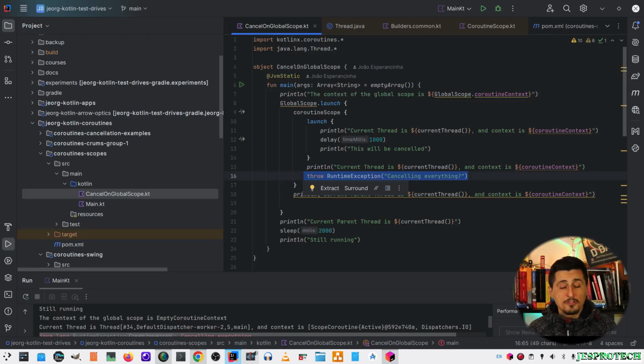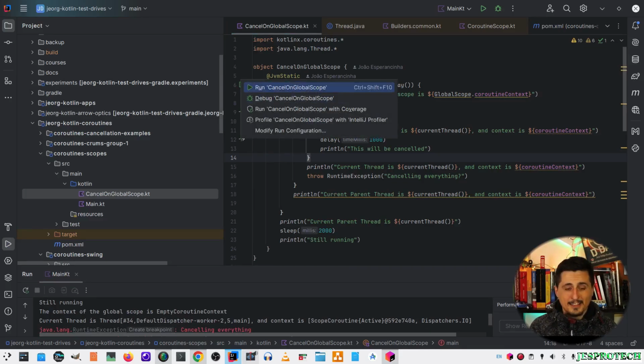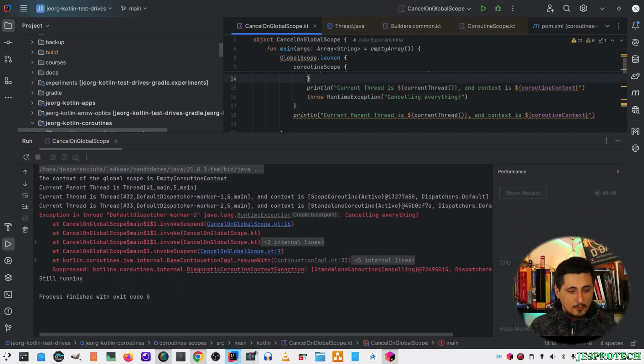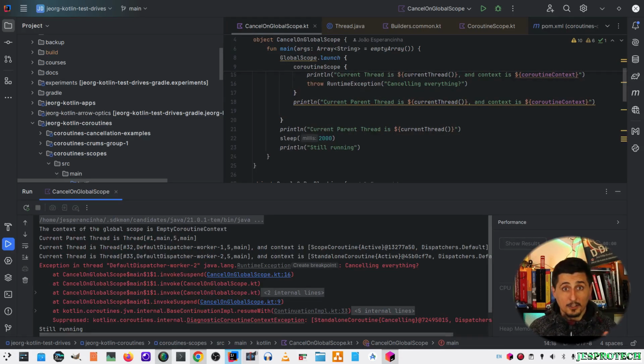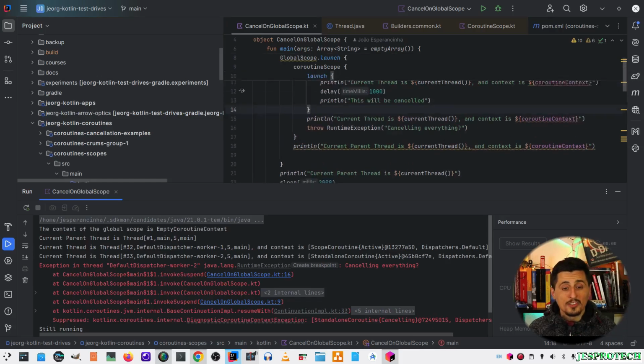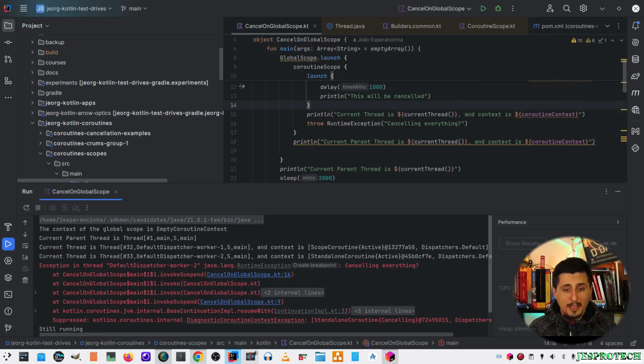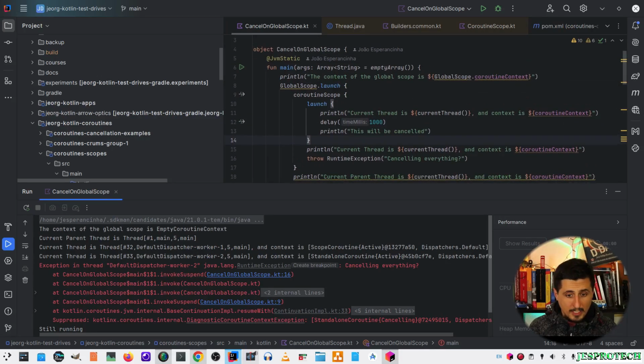I will run this now so that we can see clearly what I mean with this. Let's just run the cancel on GlobalScope example separately. We can see that the exit code is 0. We can see already an exception. So what that means is that the GlobalScope has ignored the result of this launch. The exception has been propagated all the way up to here,